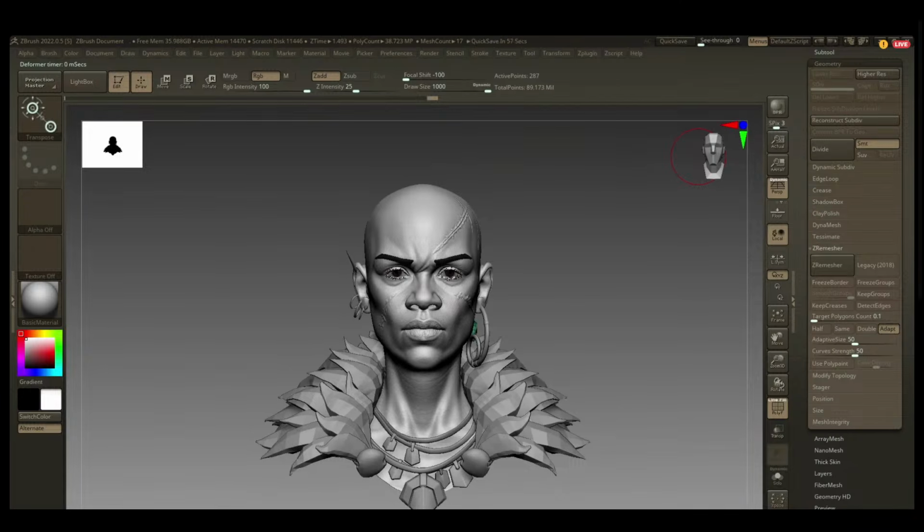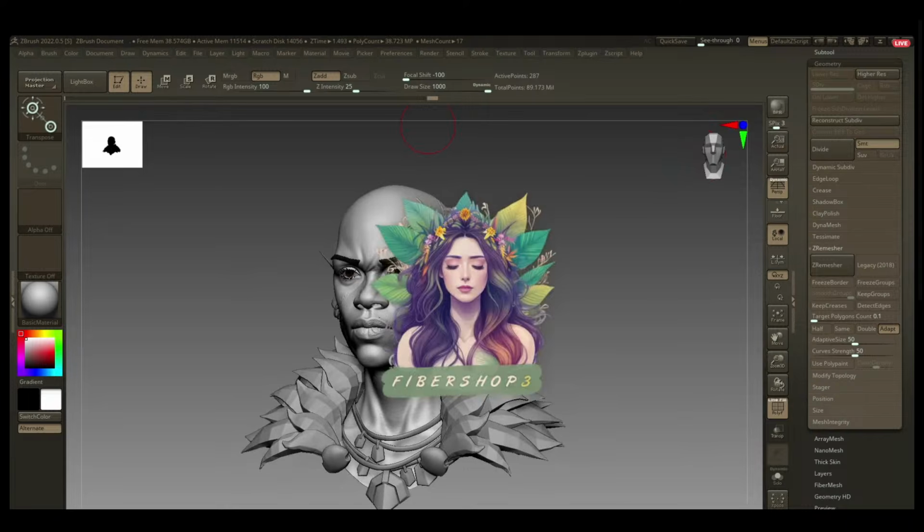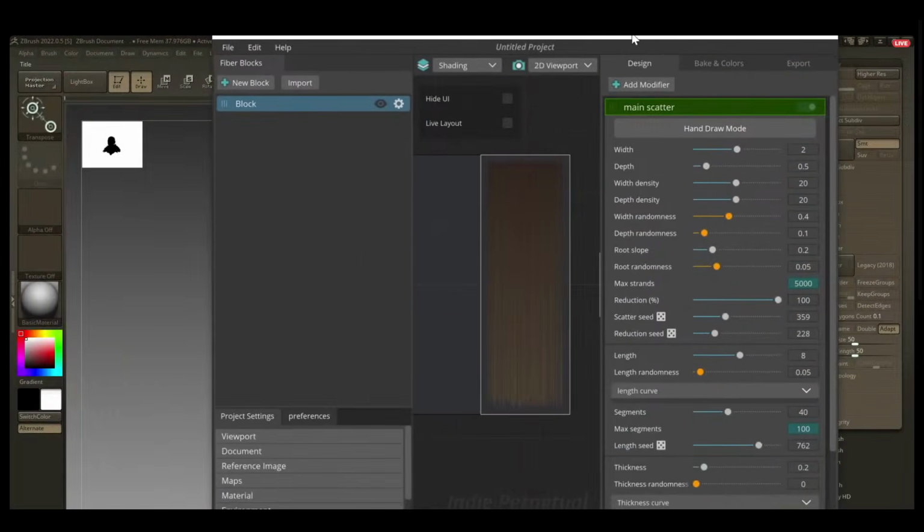For the hair texture, I just use Fiber Mesh. I can show you. Where's the server here? Fiber Mesh. Oh, this is the